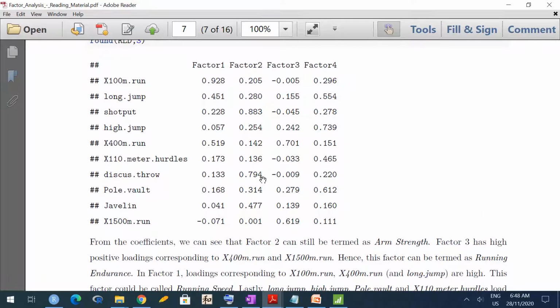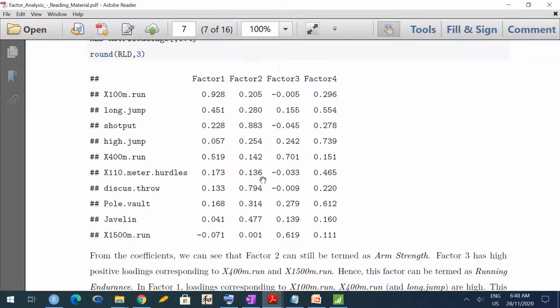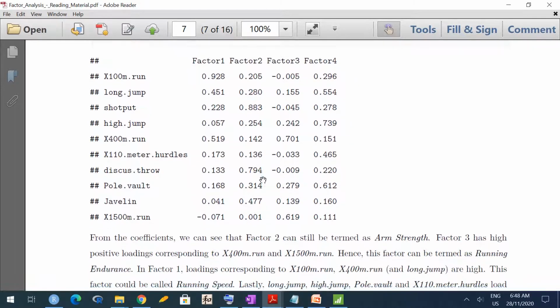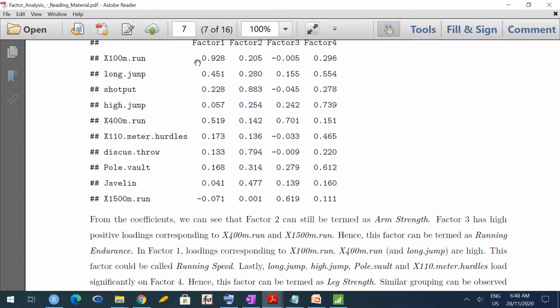Okay, see, these are now rotated factor loadings, the loadings that we saw just now. So in factor 1, 100-meter run has the highest importance, and second importance is 400-meter run, and then up to some extent long jump.